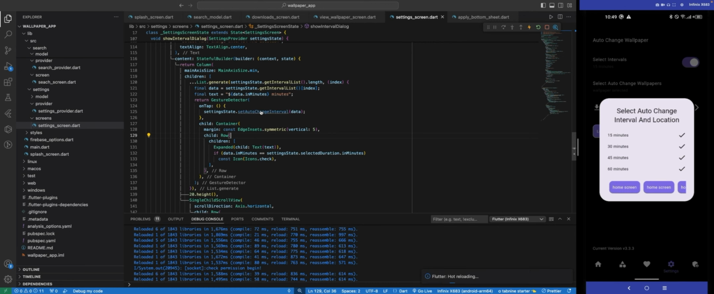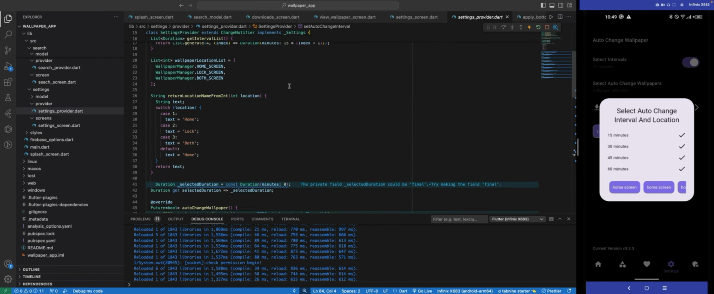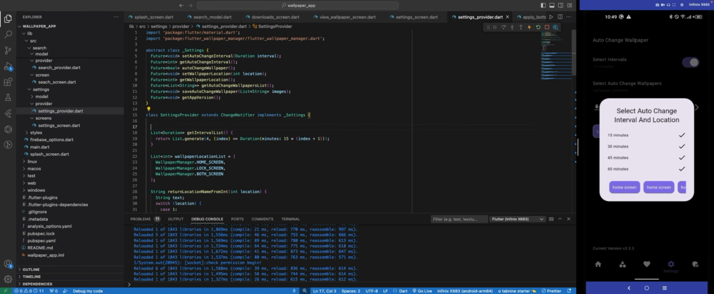Okay, so what I'm going to do now is to work on the setting of auto change interval. So remember we are going to be using shared preference for this. So I'm going to grab the shared preference instance. I'm just going to create a shared preference instance here. So we're going to come here and create